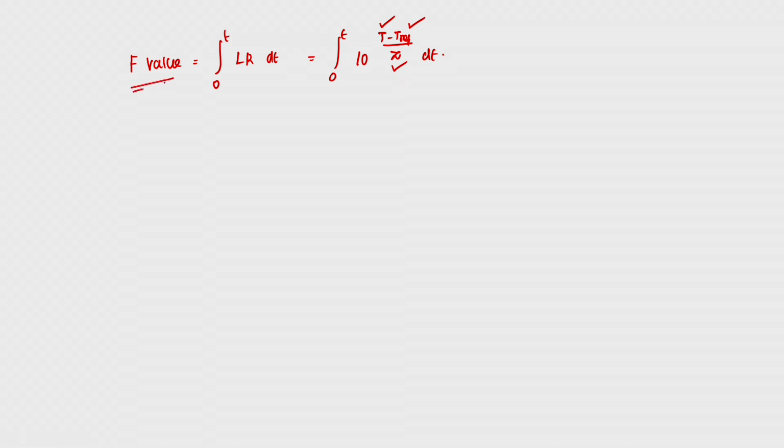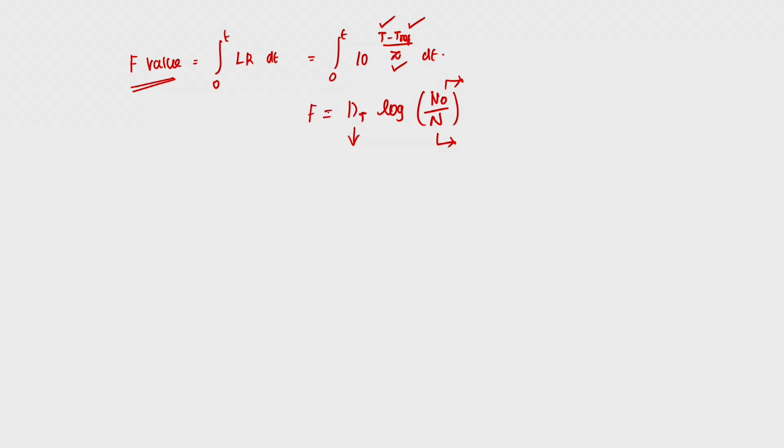So to establish this F value for any process, we need to reduce the microbial content to a particular final level. For that, the formula is Dt into log of N naught upon N. N naught is the initial count, N is the final count. So the Dt is nothing but a thermal destruction time, right. So this is also F. So if this Dt is used as a